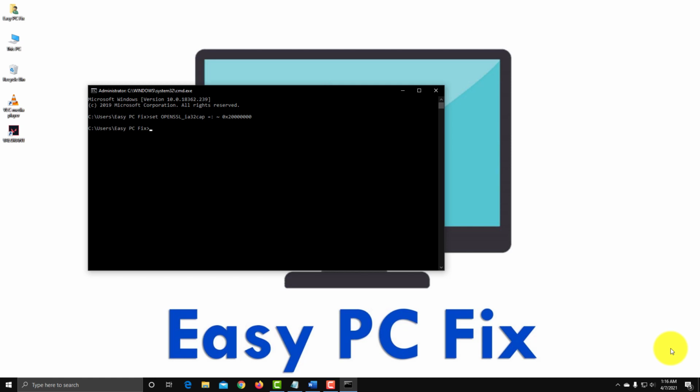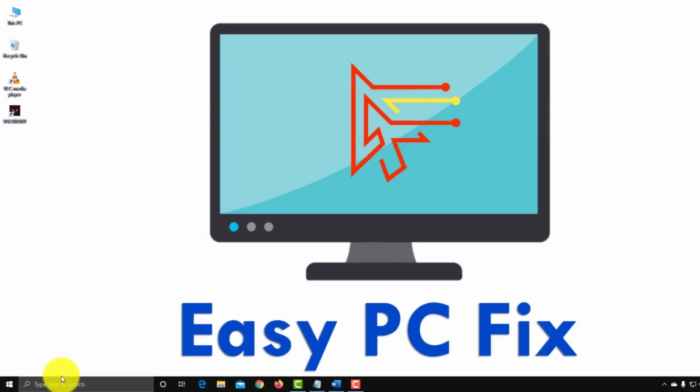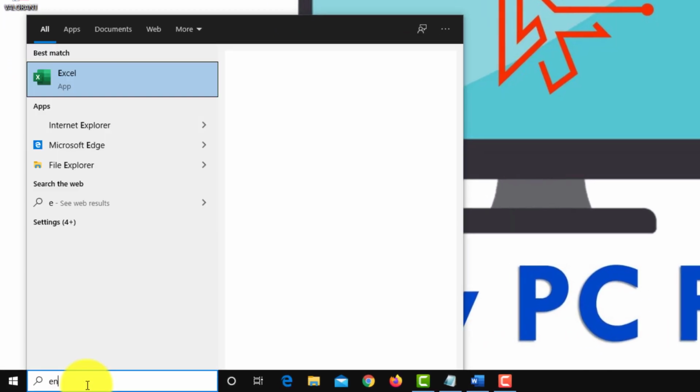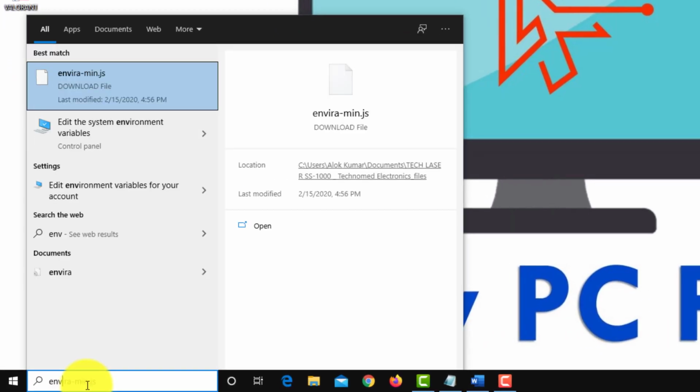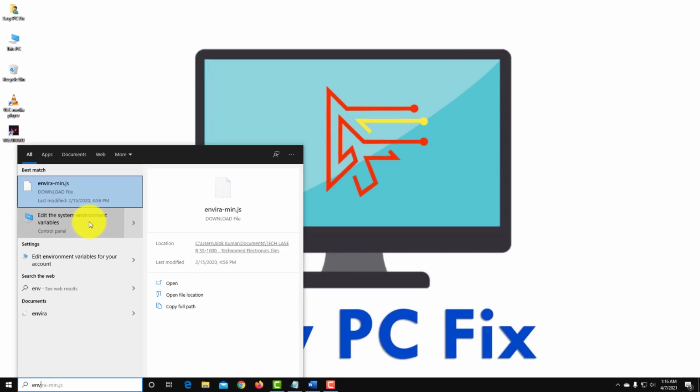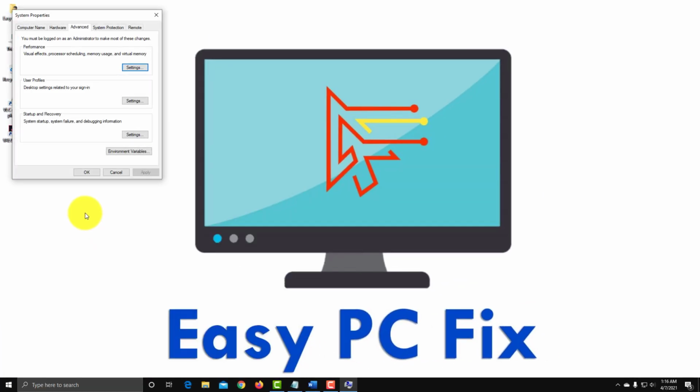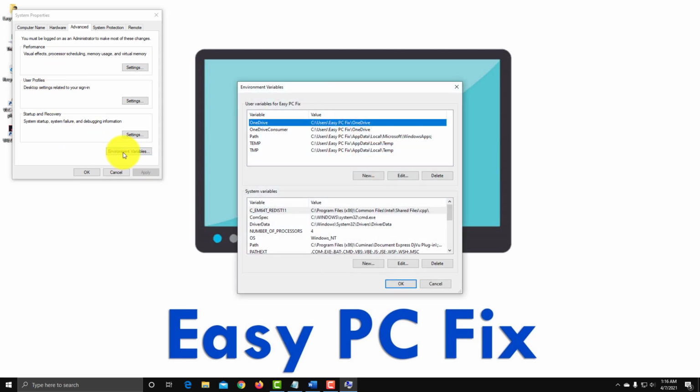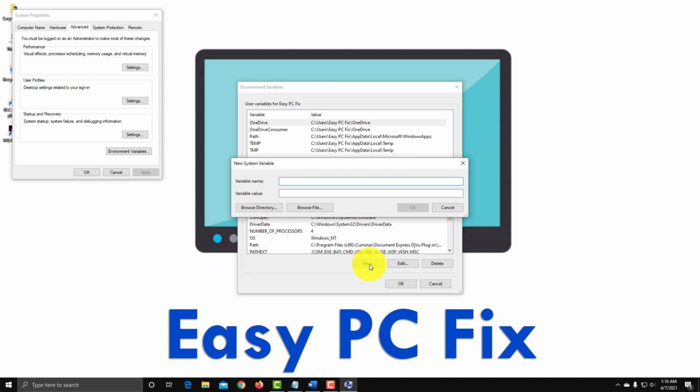In this case, type environment variables in the search box and open it. Here you need to add new system variables. Now put the variable name and value which I have provided in the description.